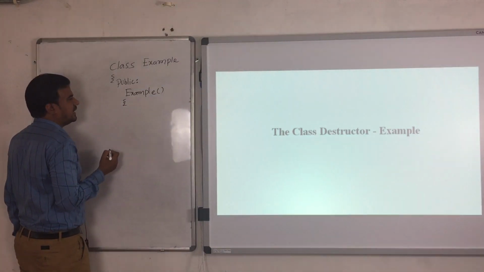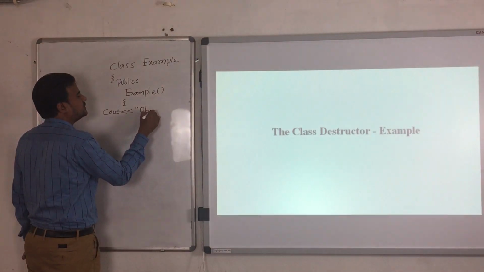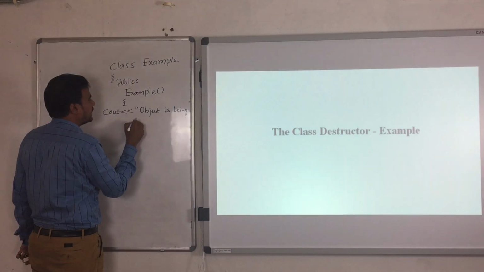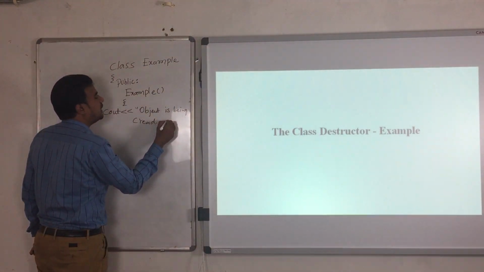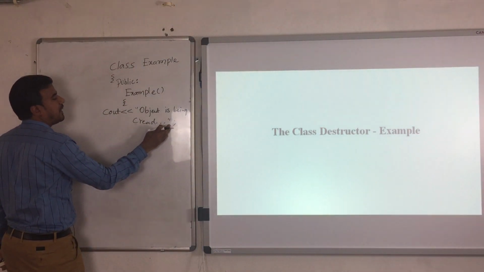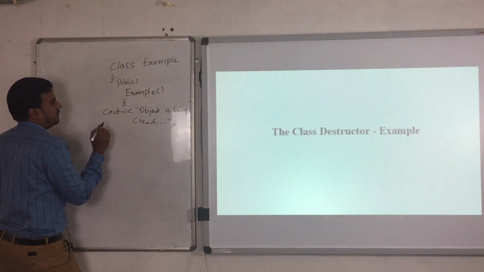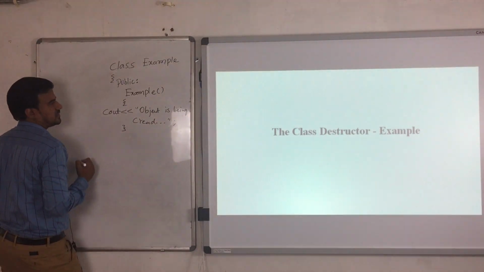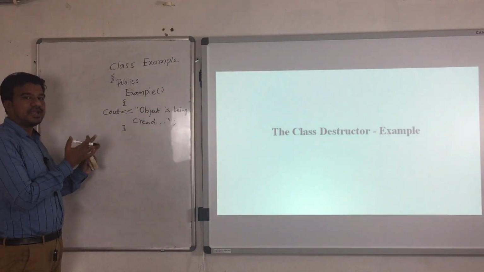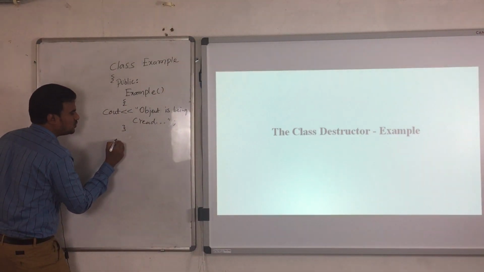Example of, in it I want to print a simple message. cout "Object is being created." No need of a closing curly bracket or parenthesis. Simply we have to close the double quotation and put the semicolon at the end. So now close this constructor. Either you can write the definitions inside the class or outside the class, but right now I am writing inside the class.